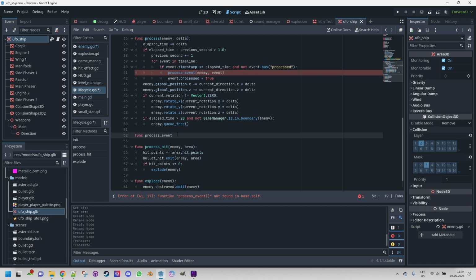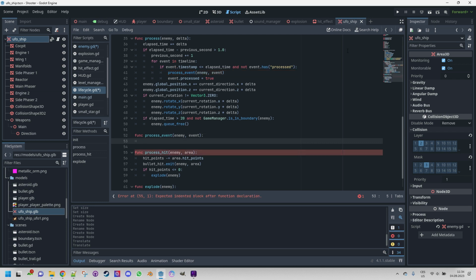Func process event enemy event, and we have only one event, which is to fire a projectile. So let's implement only this one. If event has fire,